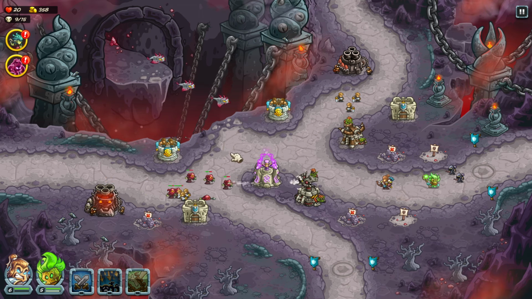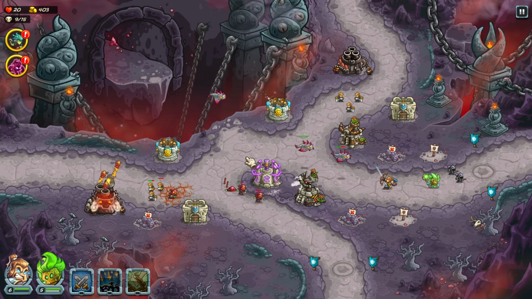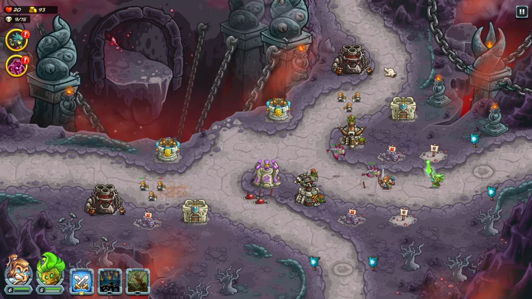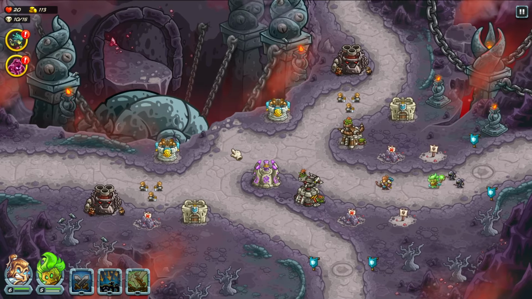So far, so good. Let all your towers attack, bro. Let them all attack. That's the plan. You do better when you have every single tower in unison working together here. All right, so Wave 10 does not have a send out early button, and that is on purpose because this